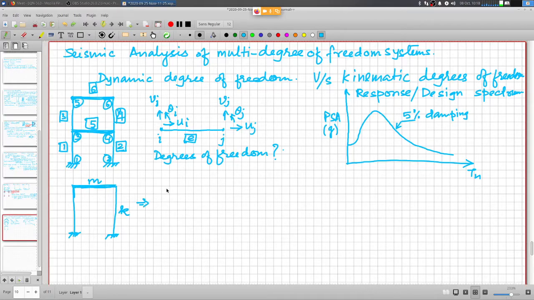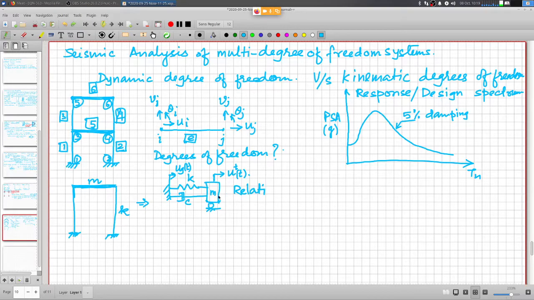So this can be translated into an equivalent spring mass dashpot model, subjected to base motion. So I define relative